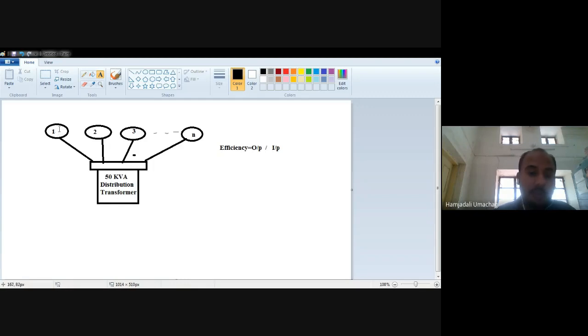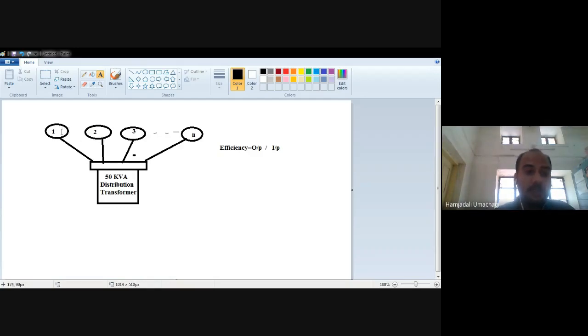Whenever a consumer is using the power supply in a day, there are 24 hours. If he is using it from evening 6 p.m. to morning 6 a.m., only that schedule I should include, which means on average 12 hours he is using. The next consumer, alternately, in 24 hours may use it for, for example, 15 hours. And the third consumer may use it for 8 hours, because it is a small office. So all consumers are not using the power supply in the same fashion. It all depends upon their time interval.